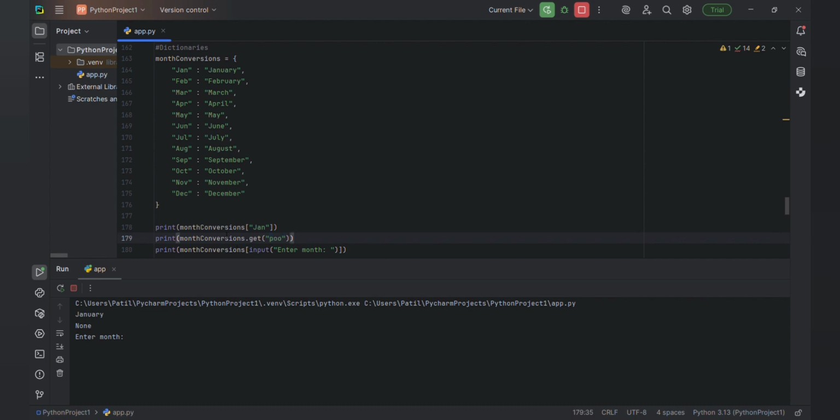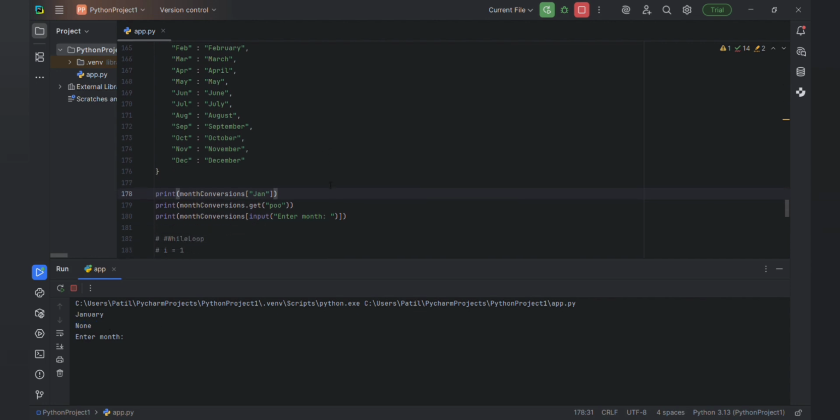If we use the conversation directly here with poo, then it will give an error. But while using get, they will definitely ask in the interview why you are using get in a dictionary. You have to say it is to return none, not to get the error.